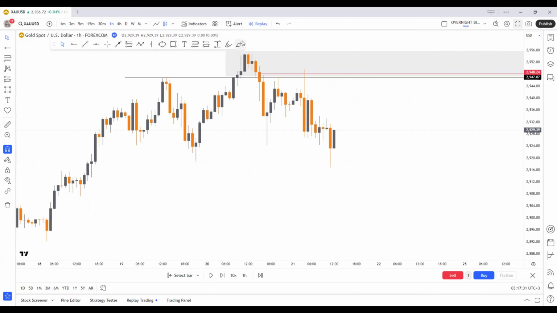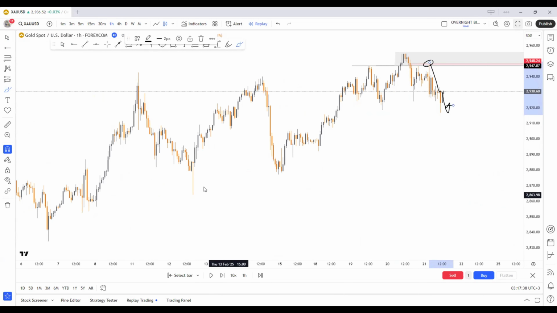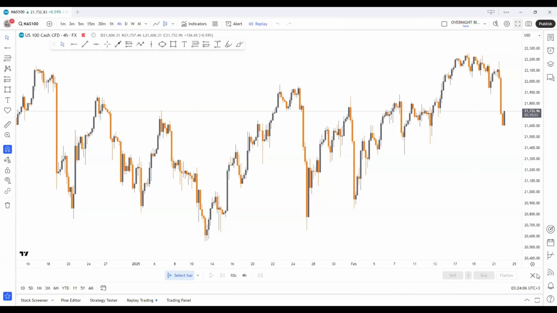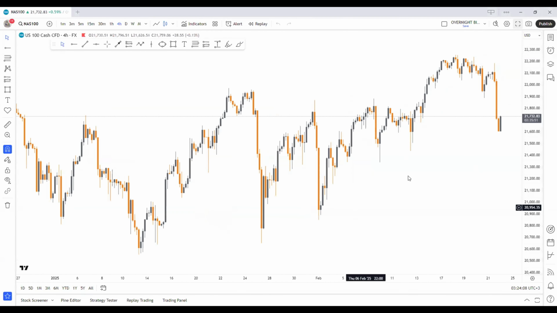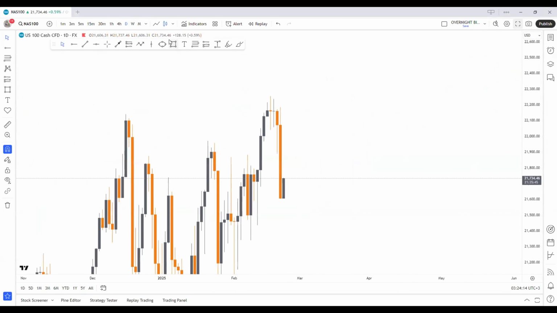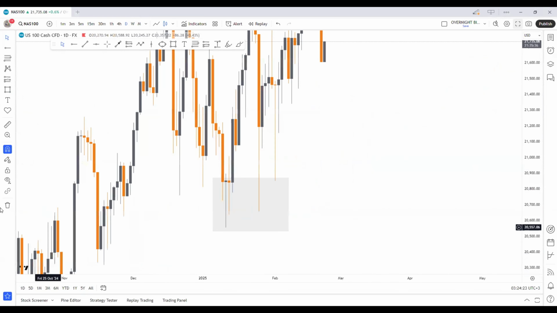So you can clearly see the market came here, tapped, then dropped to the downside direction, coming back to grab the entry from this failure that happened here. So that's how things work. And another one, it's Nasdaq. With Nasdaq, we also had this, and you can go on your own and backtest this kind of area here. And we have another one down here, this one. You can go and backtest on your own here, this one.